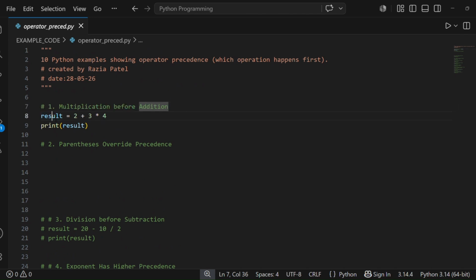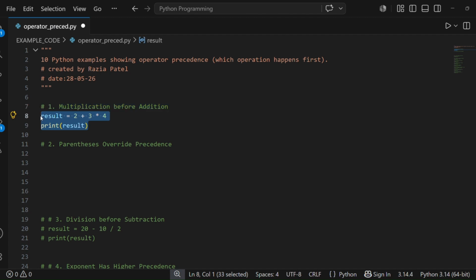So this is a variable result, and this is our assignment operator, equals to. Here this is a complete expression: 2 plus 3 star 4. You can have more expressions also, like 3 plus 4 multiplied by 5. This can become very complicated, you can make it complicated, but just to show, we are keeping this simple so that we understand the concept clearly. Here we are going through these two operations, multiplication and addition. So which one comes first? I'll just print the results first.